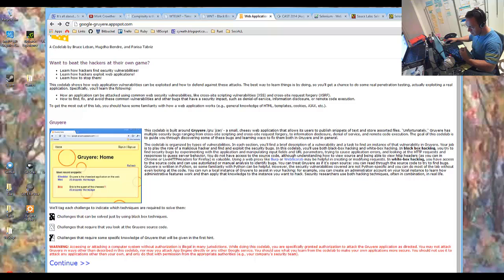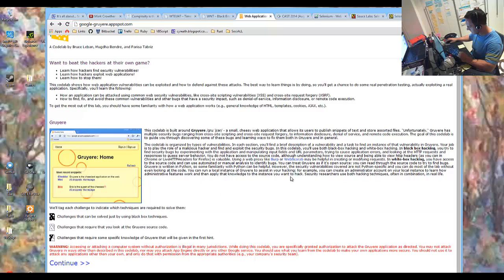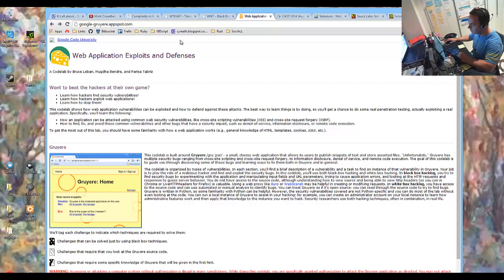This is an application that has got lots of holes in, as per the cheese, and it allows you to practice exploiting web applications, practicing your basic hacking, and looking for essentially web application security vulnerabilities. And it's guided, so it will, for example, offer you a series of challenges and suggest which tools you could use. So really good if you want to have a look at just the basics of security testing. Gruyere is a good application to use.